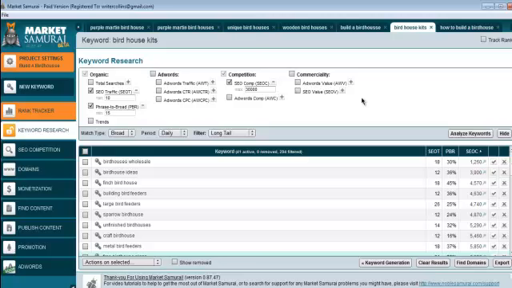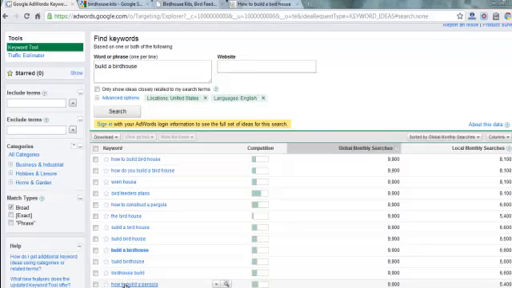And the object is to get number one, because number one's going to get about 42-43% of all the traffic for that search term, and that goes down drastically as you get lower in the search engine. Page 2, it could be 5,000 daily hits for position 1, but on page 2 you might end up getting 2 clicks a day. Not worth it. So go after the low competition keywords,